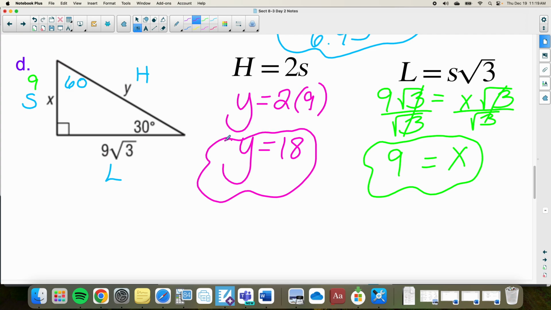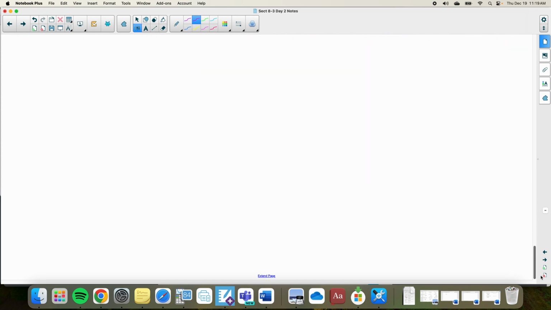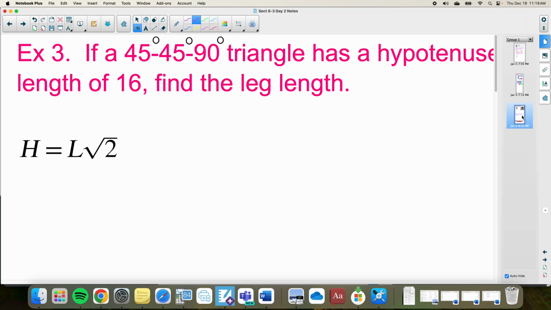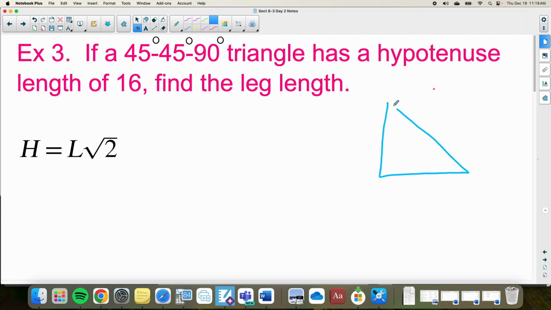Okay. All right. So now let's go to our last page. This is going back to what we learned yesterday. These are 45, 45, 90 triangles. And so this is using just the one formula that we did yesterday. So if we look at this, it says in a 45, 45, 90 triangle, so this is 45, this is